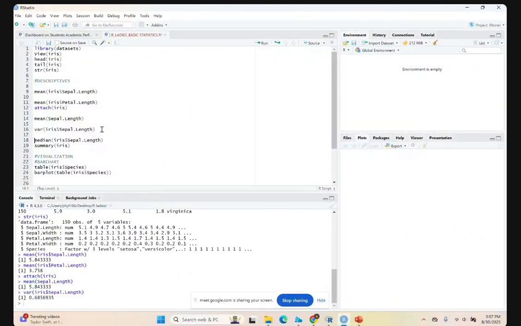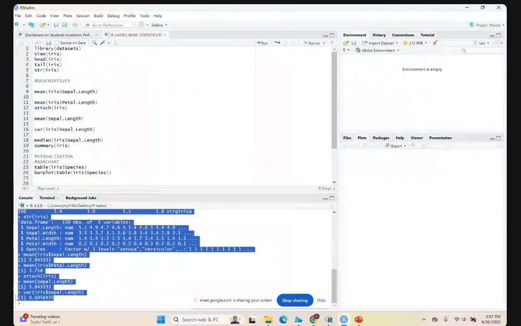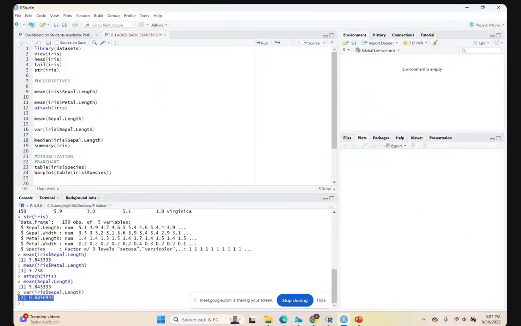Immediately you run it, it will give you an output. This is the output for the variance, and this is what I did: var and then iris$sepal.length. I said R, go to iris, locate sepal length,